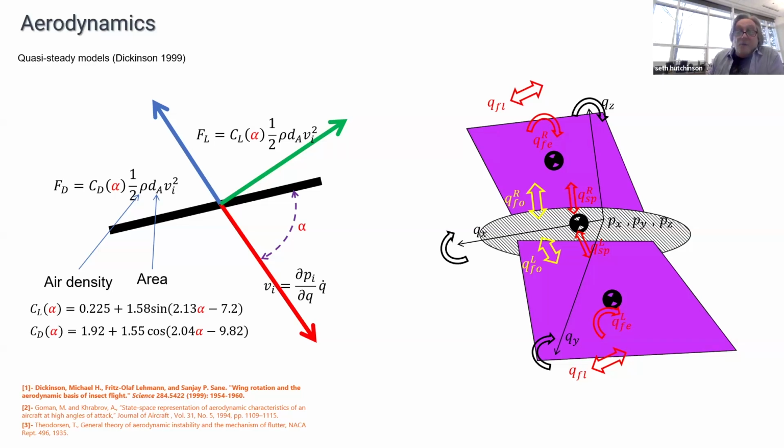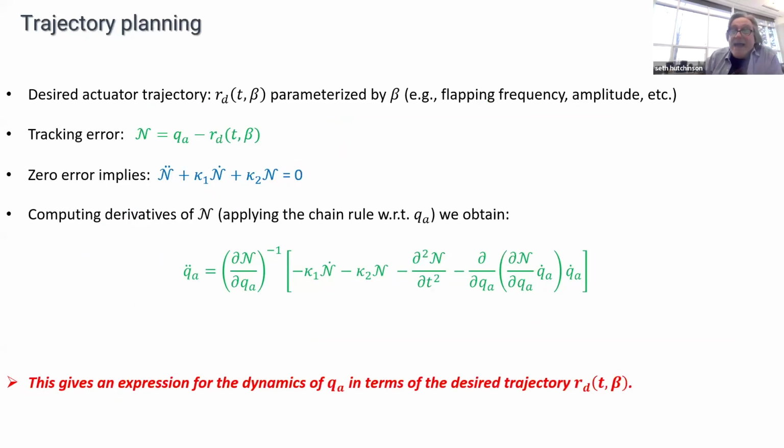So the forces that are exerted do depend on the velocities, but in this case, in a pretty simplistic way. The nice thing about this model is that it's super easy to evaluate just by doing integrals along strips of the wing, right? So you take the wing and you decompose it into strips and you integrate along those, and it's not difficult to get the answers back quickly to simulate this in a forward simulator. And once you have that, you have a model for everything. You can do trajectory design.